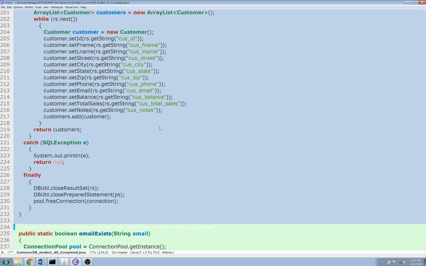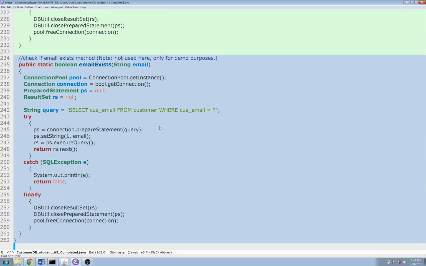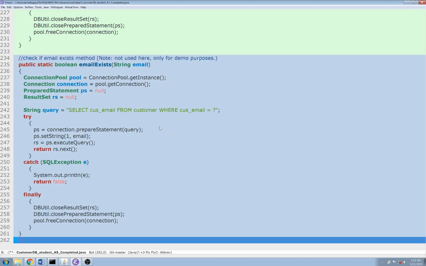Next is the email exists, and all that's going to do is return a true or false if that email exists or not, right? So we're going to select customer email from customer where cust email equals the anonymous placeholder. Now again, this method, you don't even need it. It's not even part of this application, but I highly encourage you to code it anyway